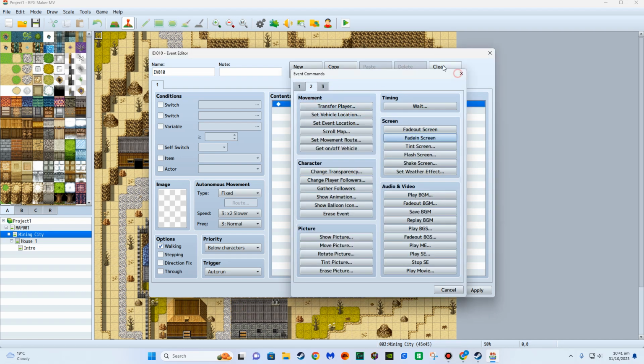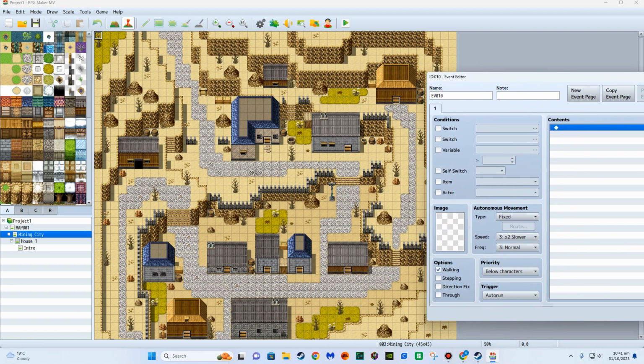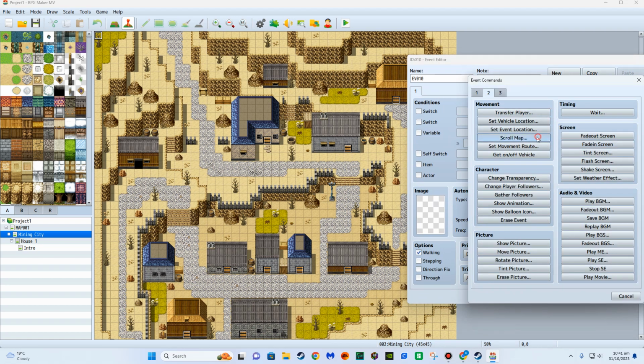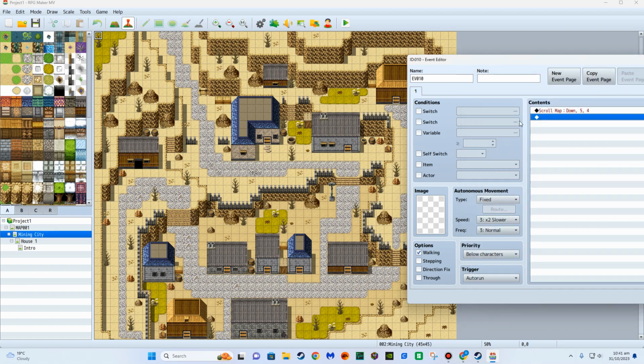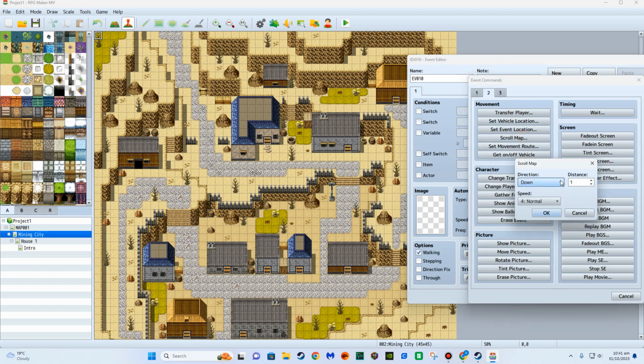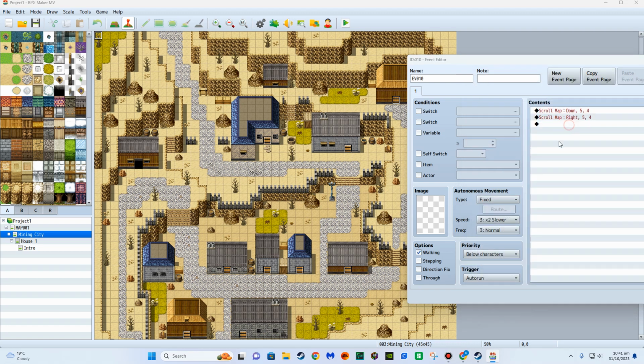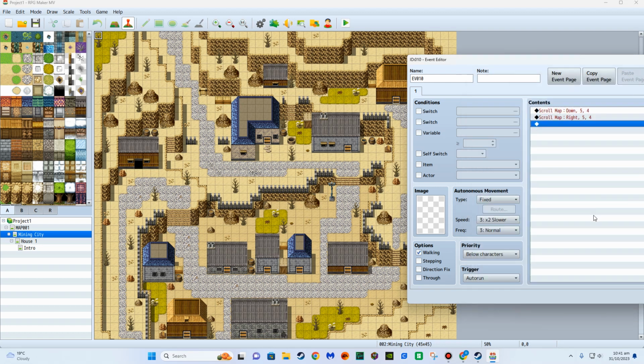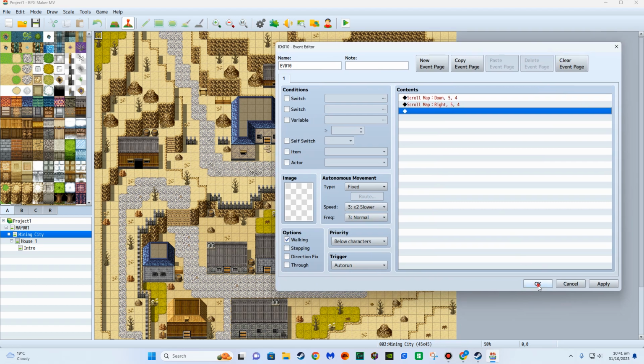What we're going to do is make the screen move. It's called scroll map, and we're going to scroll map down 5, and scroll map to the right 5, and we'll see how that looks, and fiddle around with it. And what we'll do is make a couple of characters here in a